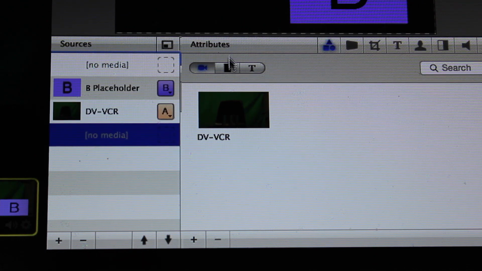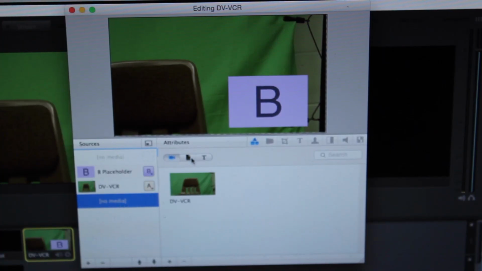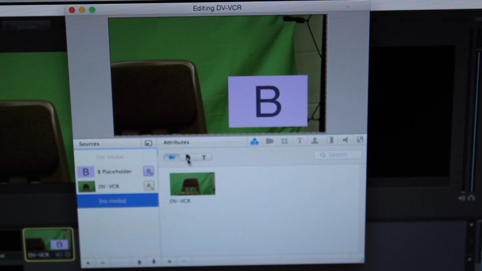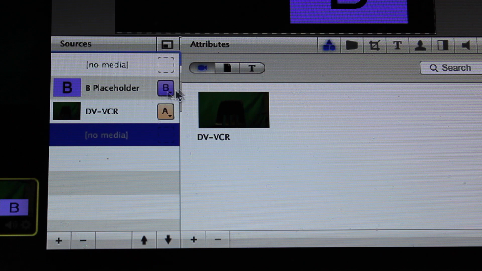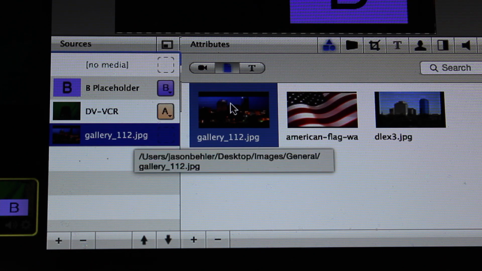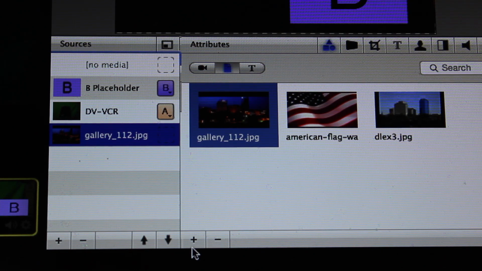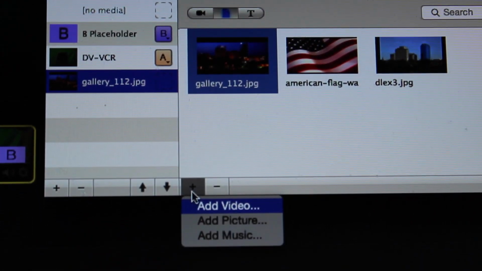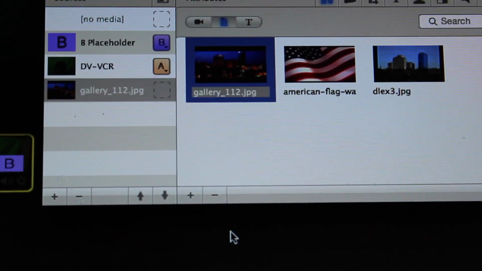So all the way to the bottom, I'm going to put one of these blank layers, and I'm going to double click it, and I don't want to add a camera shot there. I've already got my camera shot. I want to add a background. So I'm going to slide not to the camera, but slide over to the file, and I'm going to choose a picture that reflects what I want. In my background, what we usually use is a skyline. Now, it has a picture of a skyline right here that I could use, but I want to